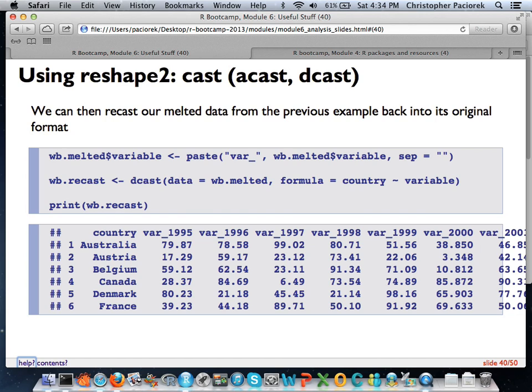And the formula, we want the country to be the only column that we really preserve. And we want to take previously the variable column, and split it up and put back a whole bunch of different columns on the other side here. And these are the intersecting values. So that's the basic idea of how you take some sort of data set, you melt it into something that you can work with, and then once you're done working with it, if you feel like you need to, you can cast it back into something else.